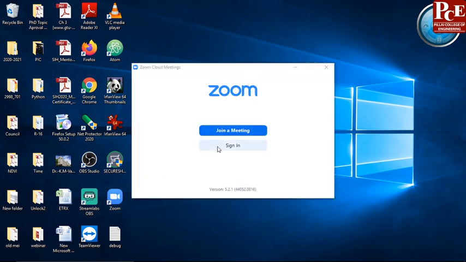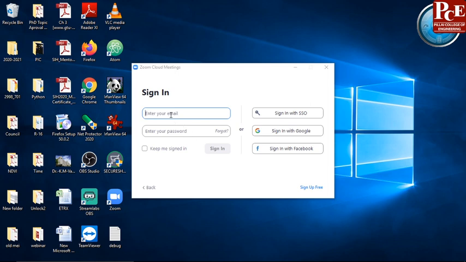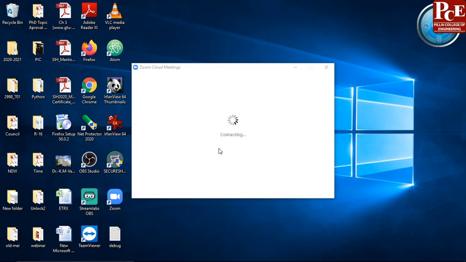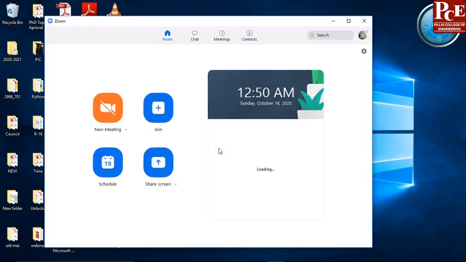Here you have to log in with your credentials which are given by your department. Once you log in, you will get four major steps: new meeting, join, schedule, and share screen.